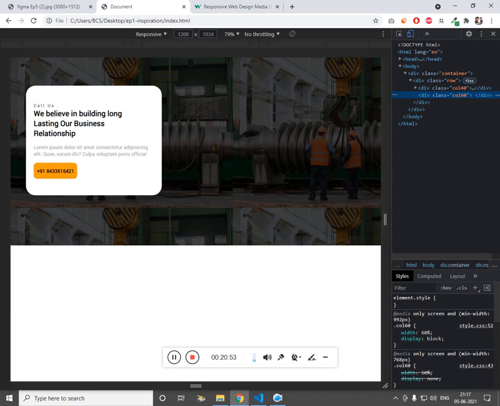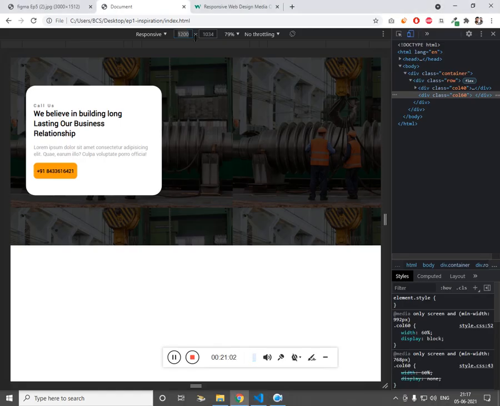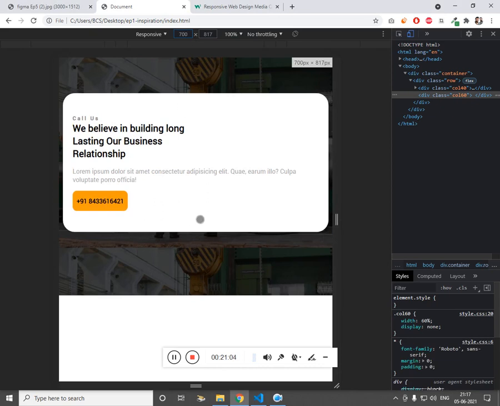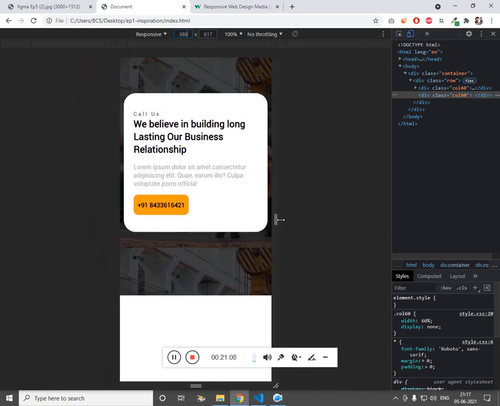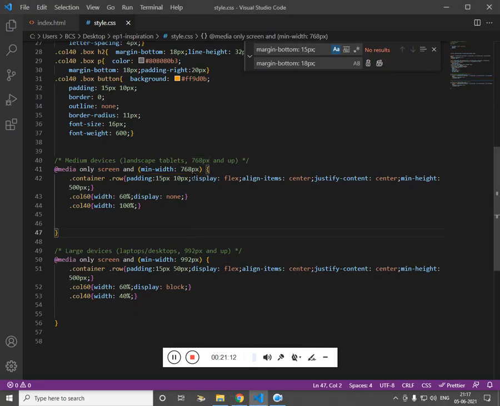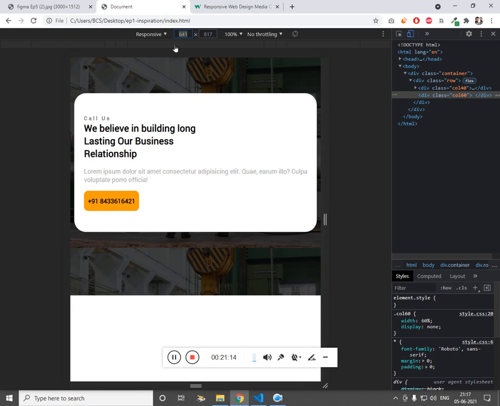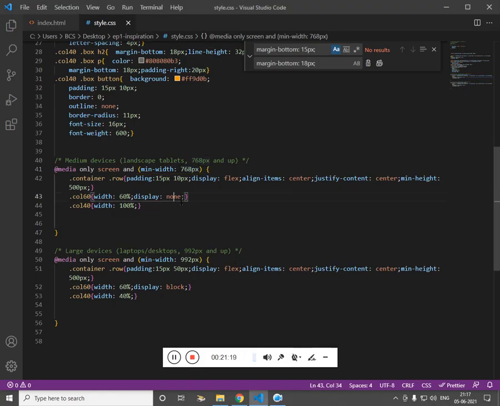So if I get below 768 pixel, let's say 700 pixel, it is taking the full width. So this seems to be okay, but when it reaches above 768, let's say 800, this doesn't look well. So instead of that, we'll make this block and we'll make this 20% and we'll make this as 80.